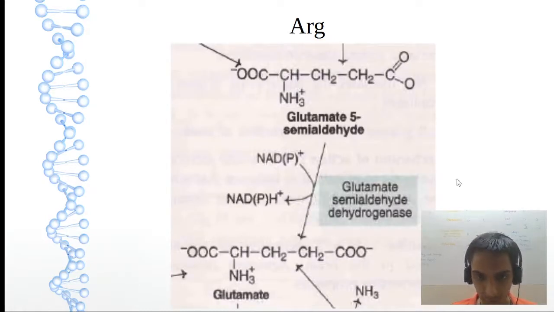Okay. Now this glutamate 5 semialdehyde on dehydrogenase, what happens? We are getting glutamate. So an easy way to remember, I'll tell you. You're adding dehydrogenase here, so while adding dehydrogenase, remove this semialdehyde. Remove that semialdehyde term, and you simply will get glutamate. Now glutamate will form alpha ketoglutarate.